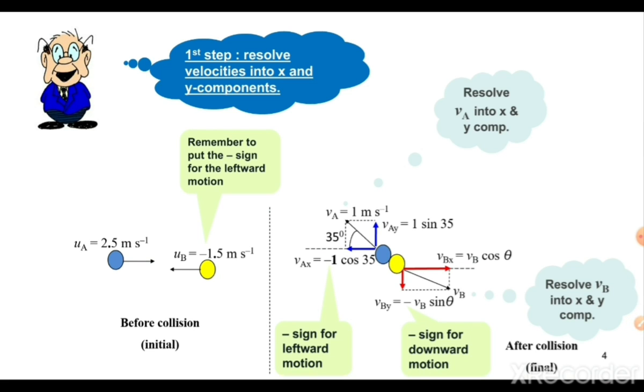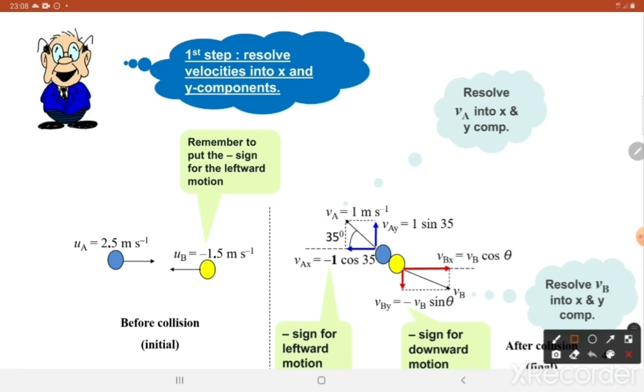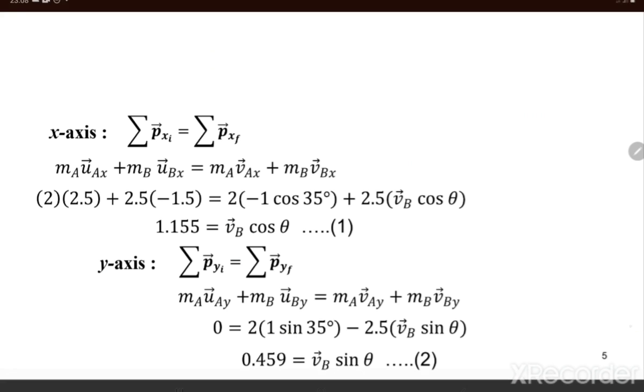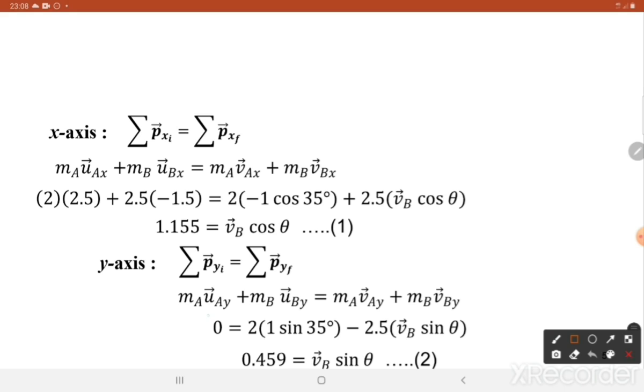So you can refer to this diagram initially. Both objects, ball A and ball B, travel along the x-axis. Hence, there is no momentum along the y-axis. So that's why the total momentum before collision along the y-axis is equal to 0. And then you substitute the value of